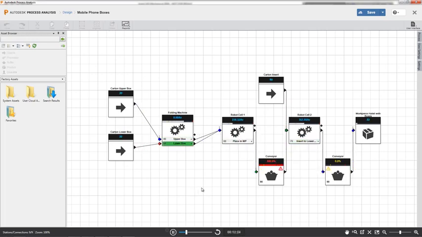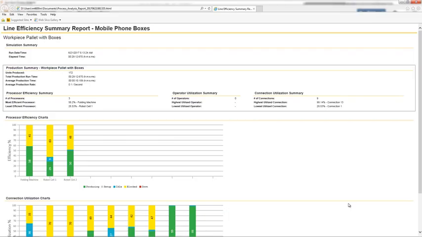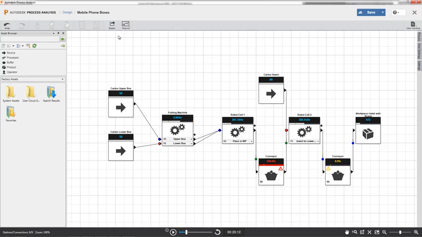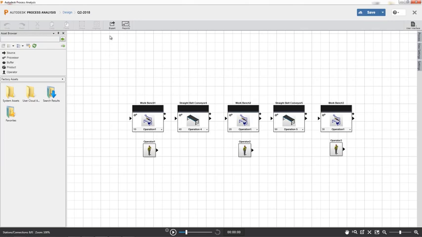Enter a specific takt time target that can be applied in reports and line balancing activities to clearly understand how your design process compares against the set target takt time. View processor cycle time charts or line efficiency reports to visualize the results of your simulation to improve your process